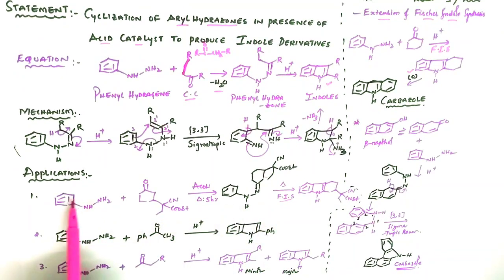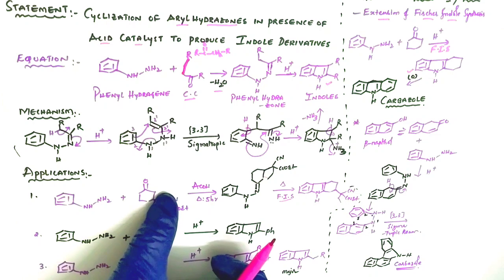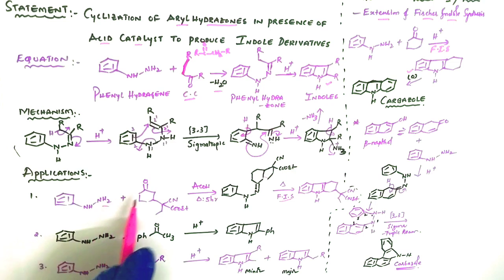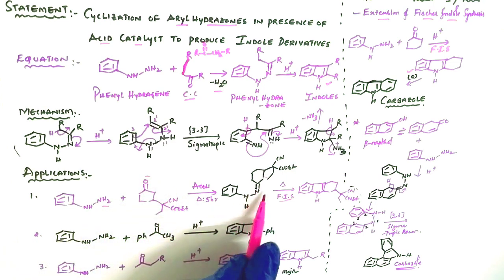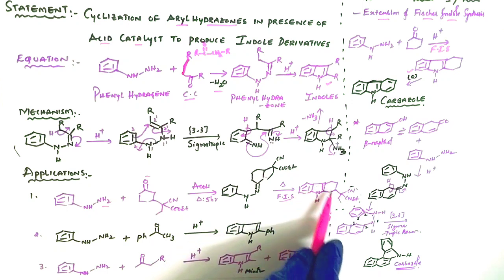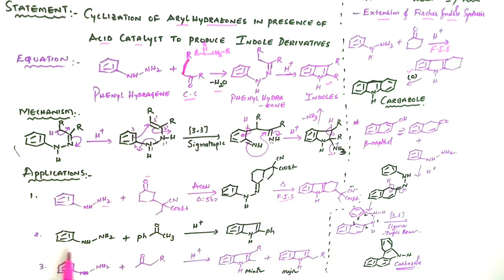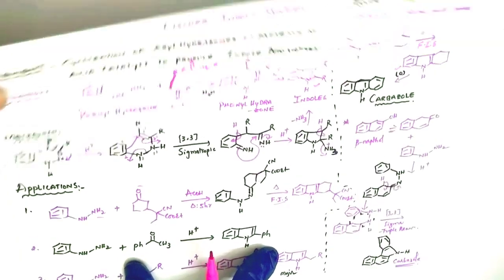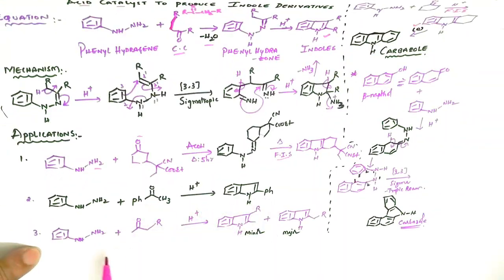See this? Phenyl hydrazone, 6-membered cyclic ring. So initially hydrazine produces hydrazone or not? Simply this H2 and this O are removed in the form of H2O, producing this kind of product. Thereby we will come up with this kind of moiety. Okay. Next, PhC=O CH3, a similar kind of product will be formed. But if you see this one, CH3 C=O CH2R,